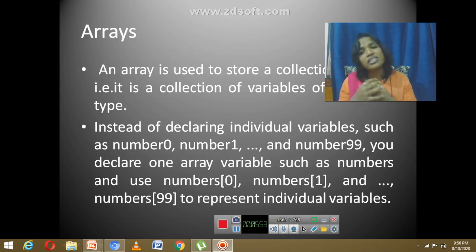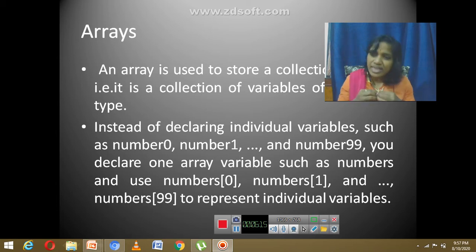It tells that it's a group of numbers, and I can access all the 100 numbers using indexing. Using indexing, I can access all the array elements.